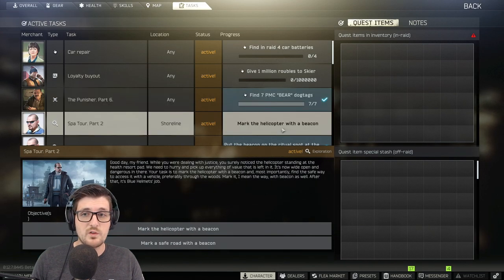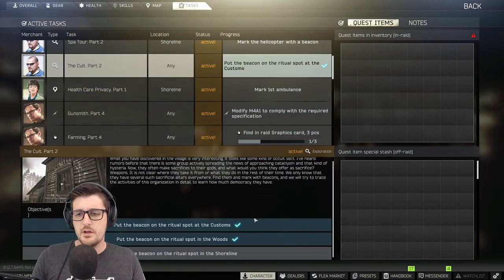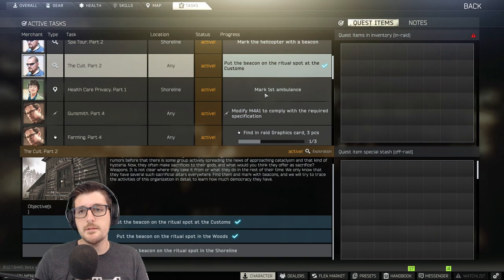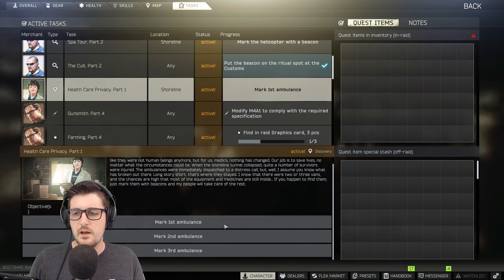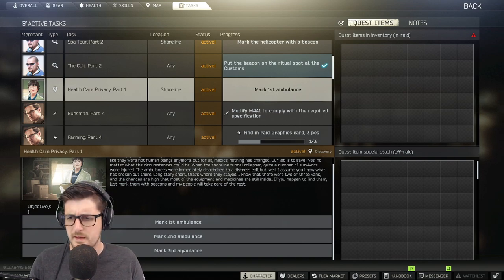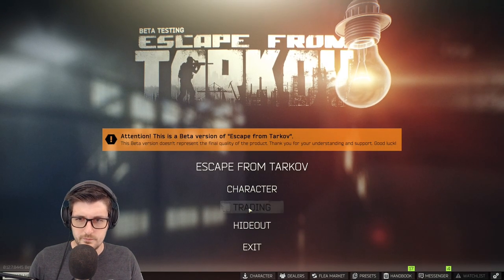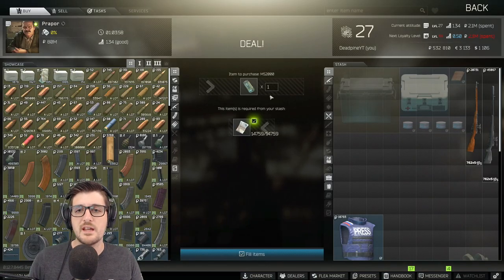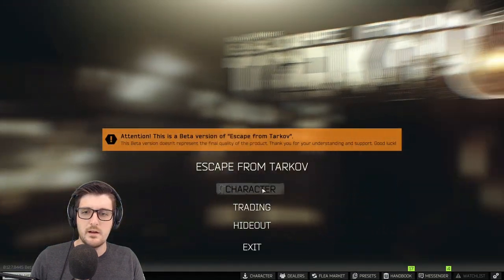And we're 9 kills away. It's not bad. So we need 5 beacons. I think we got the helicopter. We've got 6 beacons. We've got the 2 for the helicopter. We've got the ritual spot. That's in West Wing. East Wing? East Wing. I think it might be East Wing. We've got 3 ambulances. So 6 markers. Now this might be a little ambitious to get them all done here, but that's going to be our main focus, is just marking everything. I know that's a little nuts, but...